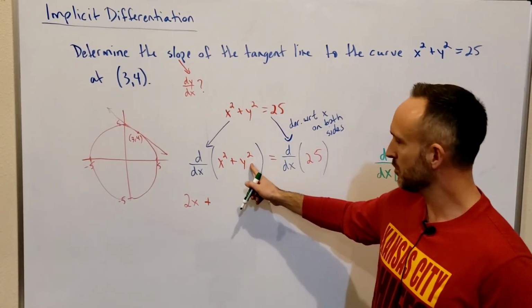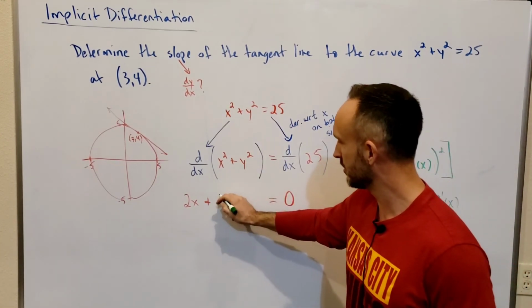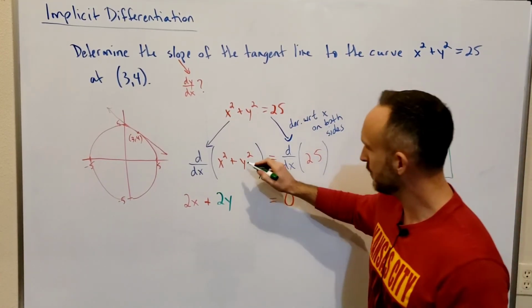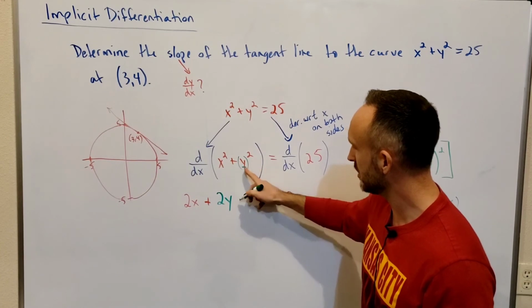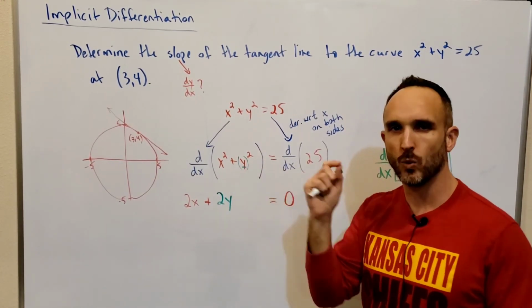So I'm going to do the power rule first. 2 times y to the first. So I'll just write 2y. But then, if you think about it as y being squared and y as a function, then you have to go back and do the chain rule and multiply by the derivative of y